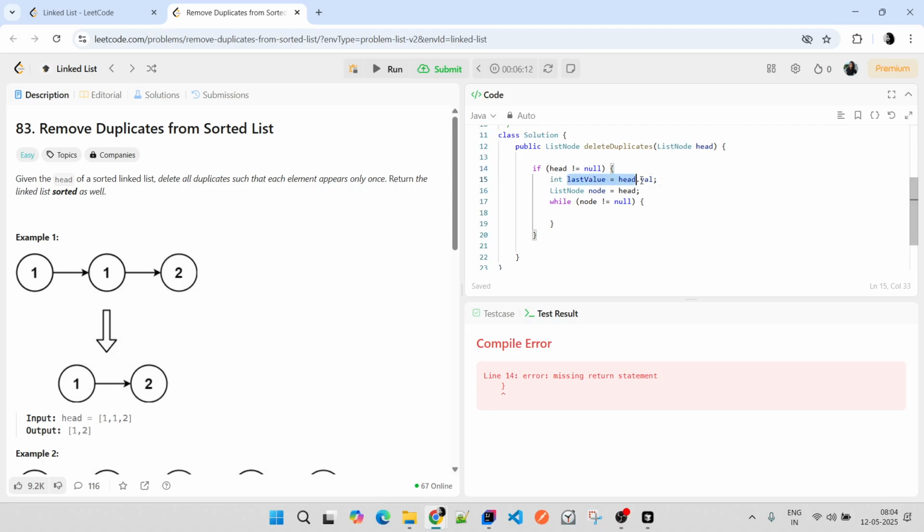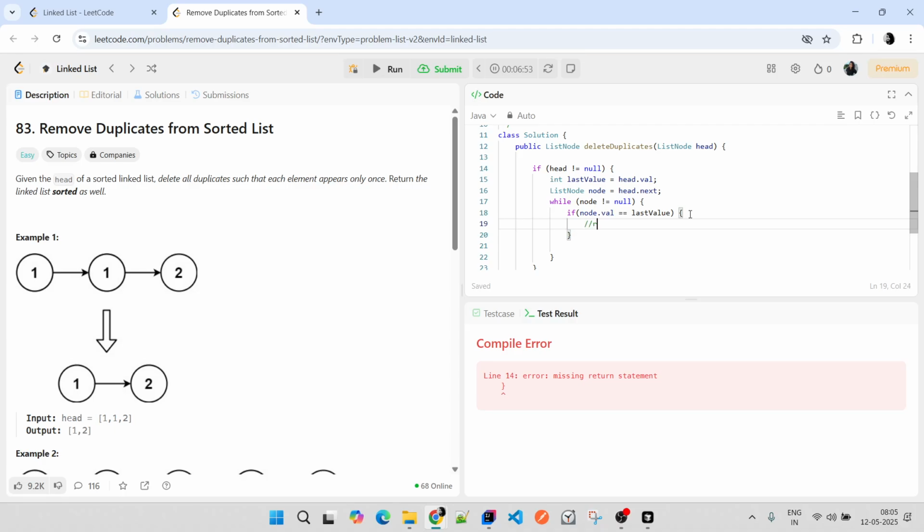Then I'll take the last value. And then head dot next, I'm pointing to this one. Okay. If it is not null, then what I will do is, if node dot val is equal to last value, okay,